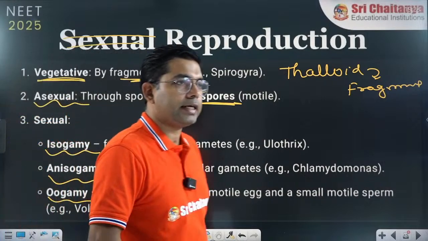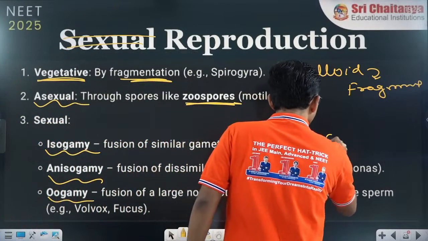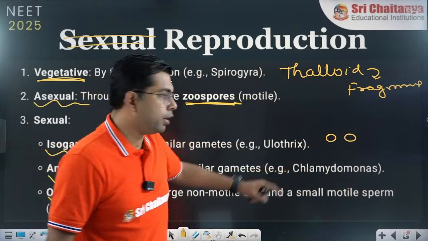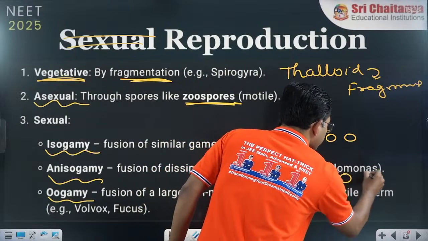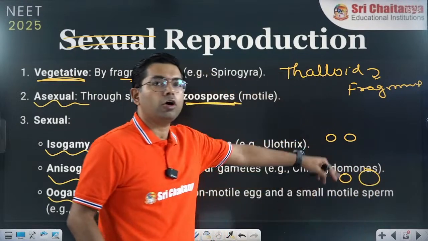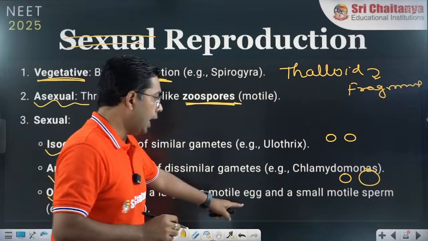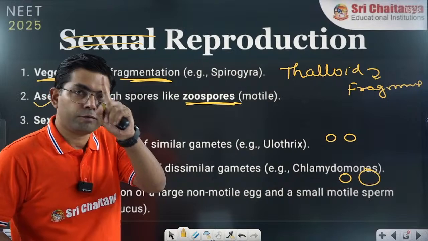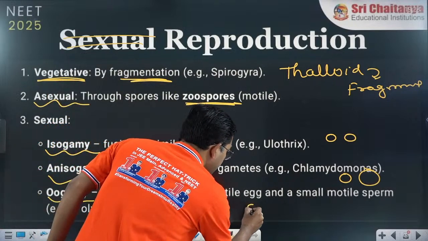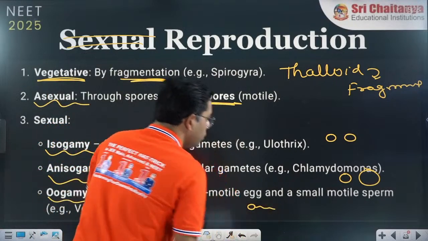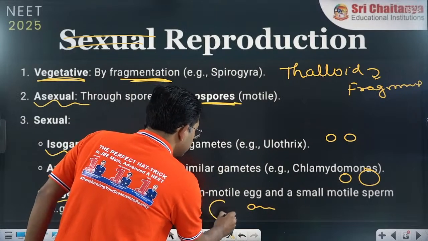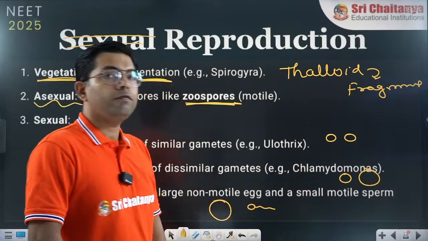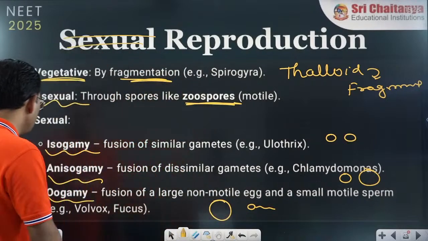Remember last class I said, when both the gametes are of the same size, then it is called isogamy. When both gametes are of different size, then they are called anisogamy. And remember oogamy, I have given the example of human, where the male gamete is small and motile and the female gamete is large and non-motile, as in case of sperm and female egg. So it is called oogamy.